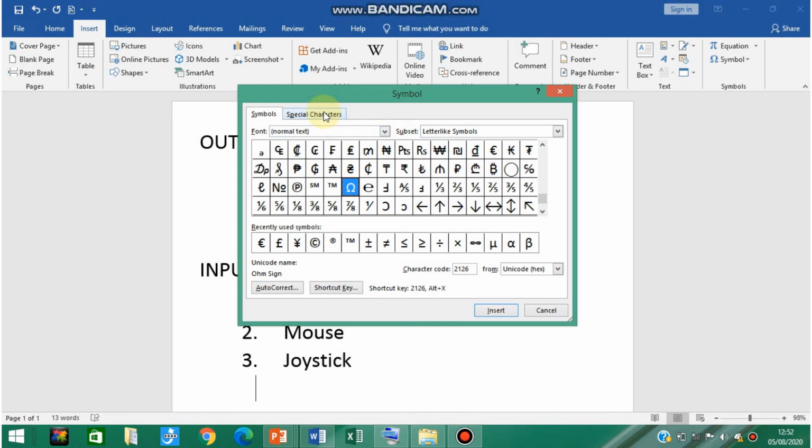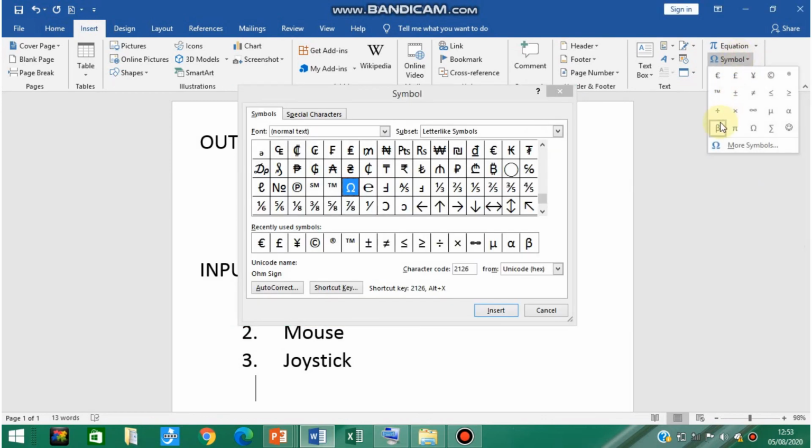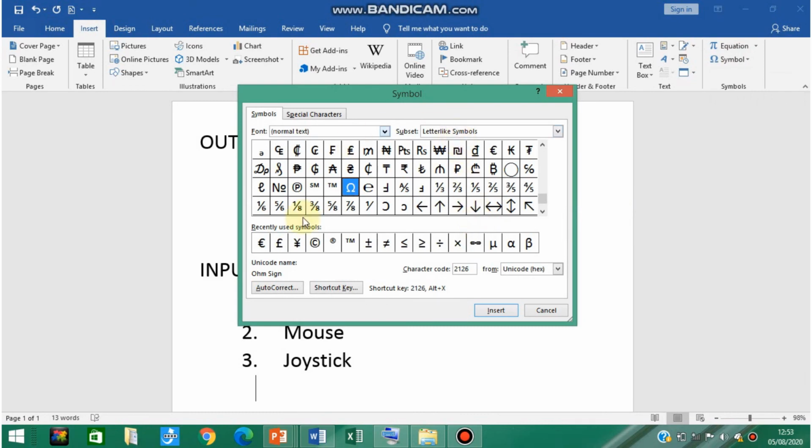Then the next is special characters. How can you enter special characters? The method is the same. Move inside the insert tab, go to the symbol option, and from that option click on more symbols. Then a dialog box appears on the screen, and by default you are in the symbols section. Beside the symbols section you will find one more section of special characters.